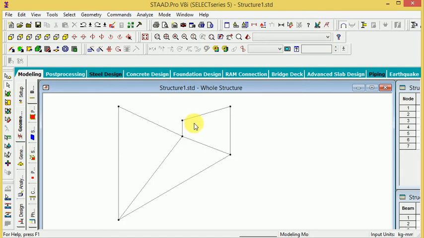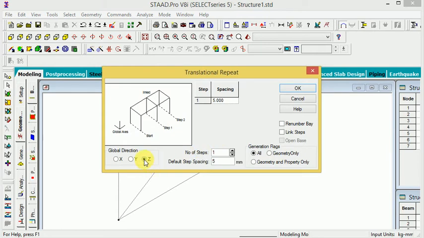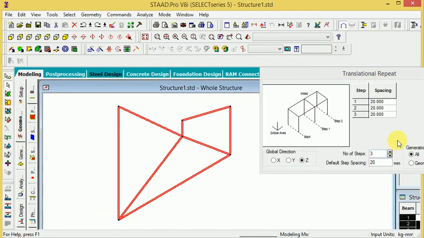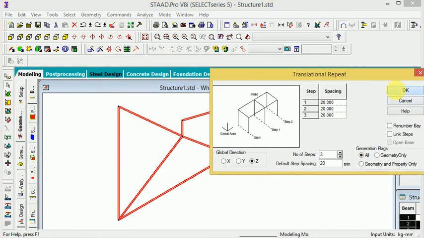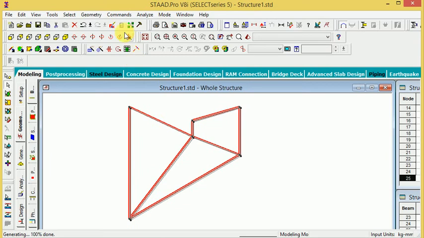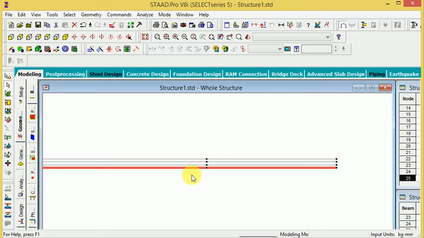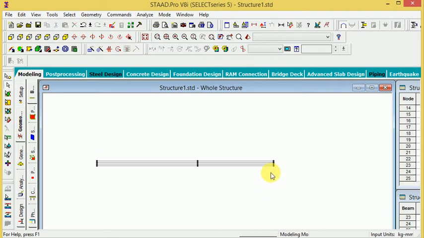If you change the direction, again go to pattern and change the Z direction, and the number of spaces is 5, 3 step and space is 20, and select here every point and go to OK. So it is the shortest distance. If you look at this very shortest distance, 10 mm is not what is required for us.